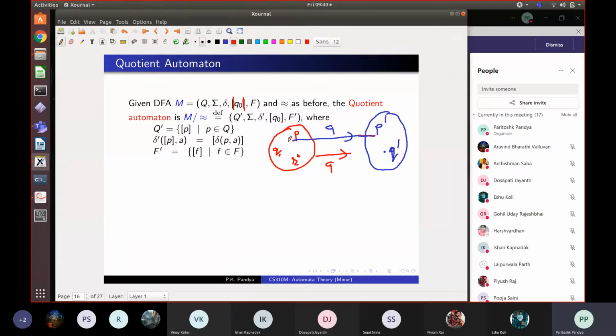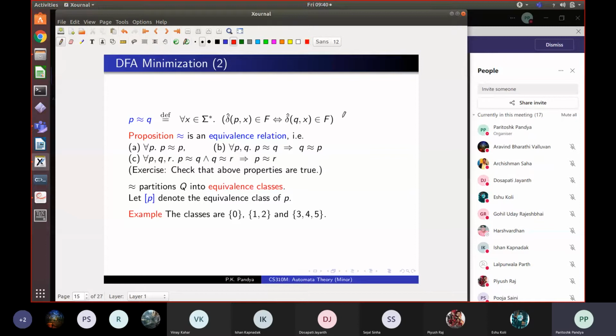So we have already defined one way of collapsing deterministic automata, minimizing deterministic automata by actually collecting its states into baskets and then defining transitions between baskets. So you get a smaller automaton, right? And the only thing we need to know for this is what are the baskets, and to know the baskets we have to know which state is equivalent to which and which is not equivalent to which, right? And that equivalence is defined by this formula which we saw before.